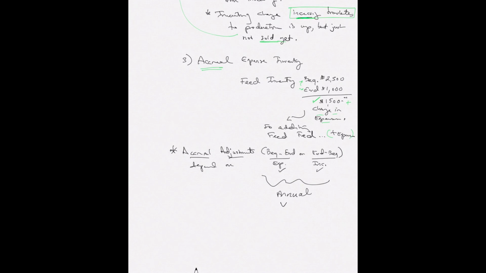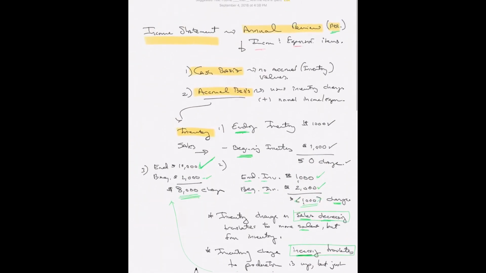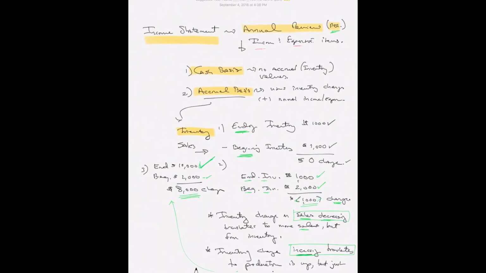So to summarize again, accrual adjustments: beginning minus ending for expenses, or ending minus beginning for income. These two things are important so that we can get a good annual review, or annual value, of net income, which is kind of the original focus. So before